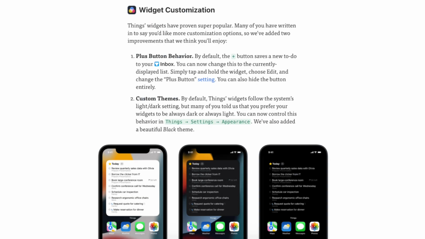And one of the big new features included in this big update on Things 3 is widget customization. So many of us, like me, have been asking the developers to allow you to change the colors of the widget on iOS, since by default it was always pretty much black and white. But now you have the option, of course, when you go to settings, to change it to your own style that you want, either black or white. So even if it's by default already black, then it's the white widget, and vice versa as well. So it's just really cool that developers have listened to that and have released that new feature out there